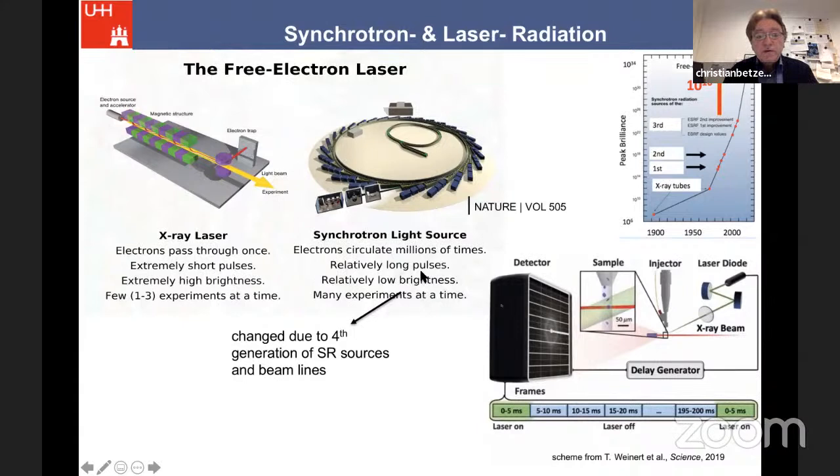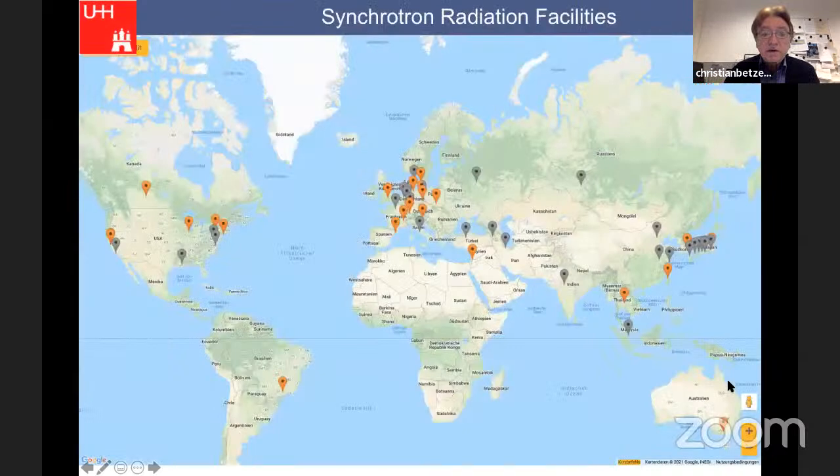And she compared to synchrotrons at this time. So you have many stations around. And at this time, she was saying relatively long pulses, low brightness. This changed. We are approaching the 4th generation of synchrotron radiation sources. And you can perform also time-resolved experiments as shown here, triggering from the millisecond range. Again, here, detector, sample, and you can trigger even the detector to catch data sets at different time points.